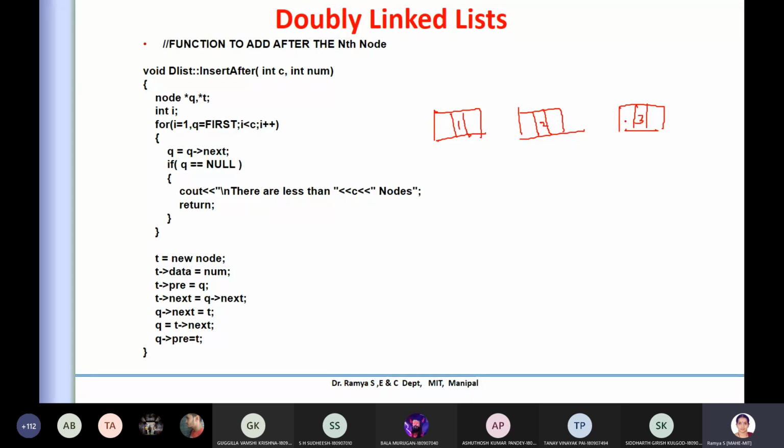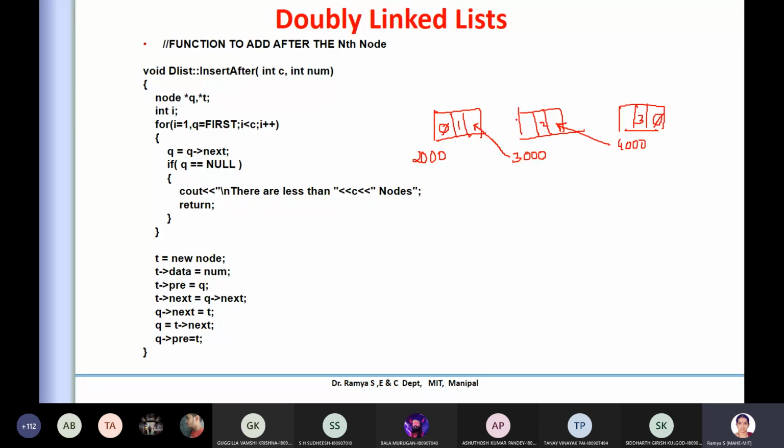I will take the same kind of address locations. So what is stored here? This value is stored here, this is storing 4000, and here it is storing null. And how about here? It is null here. This is how a doubly linked list will look.